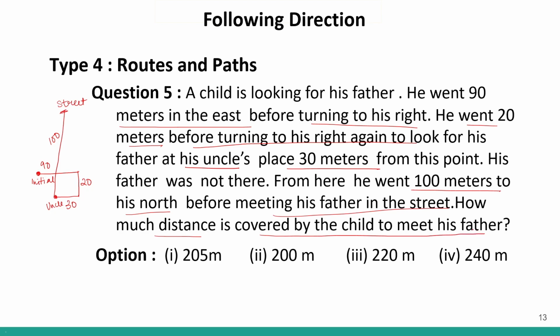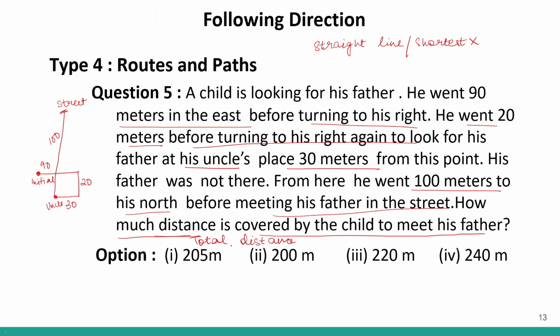So the total distance. Over here, we are not saying that we have to find the straight line distance. If we have to find the straight line distance, that means the shortest distance. So this is not mentioned in the question. The question says how much distance is covered, so that means total distance. Until and unless it is mentioned that we have to find the shortest distance or the straight line distance, it